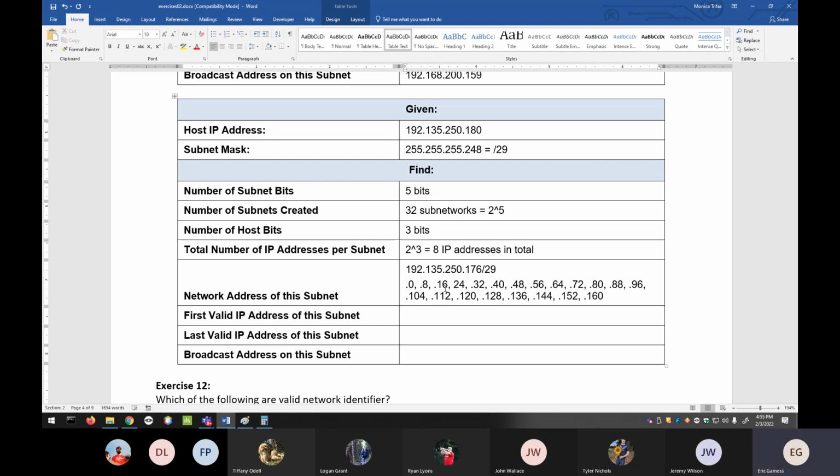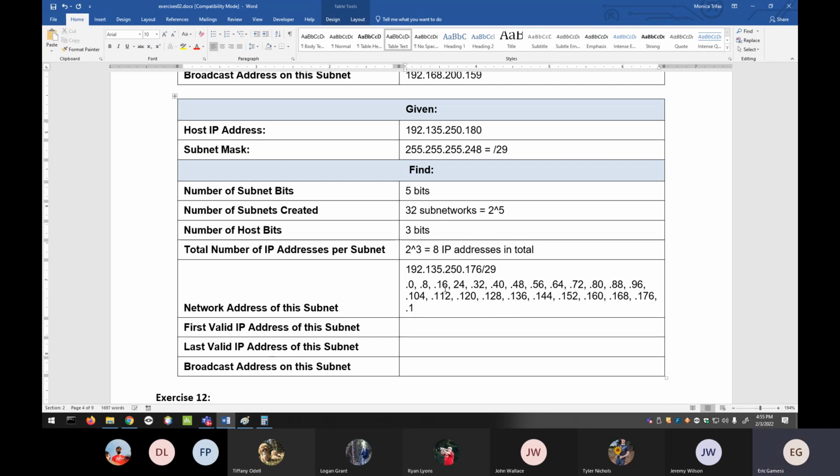The next one will be 168. Plus 8, it will be 176. Plus 8, it will be .184. So I'm not writing all of them, but if I take the network that ends